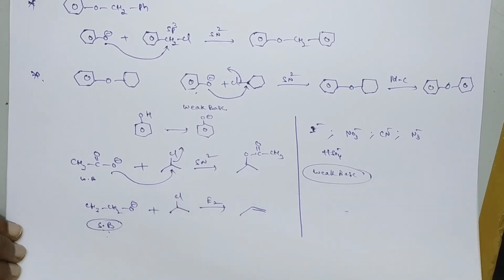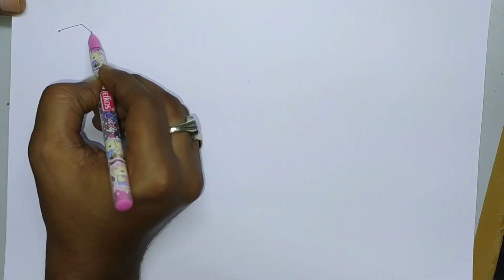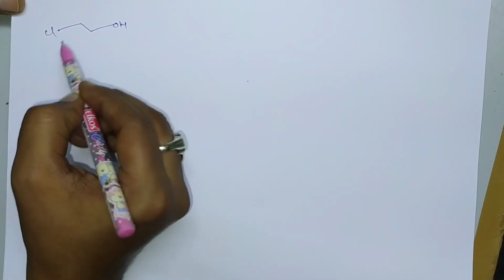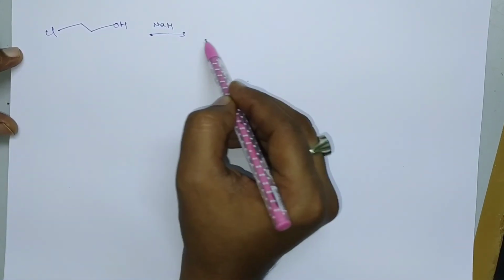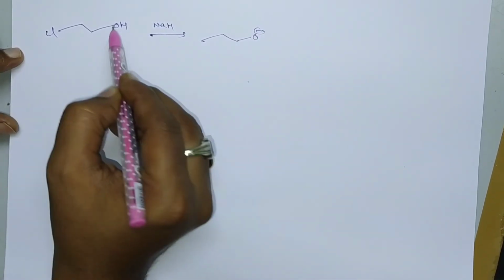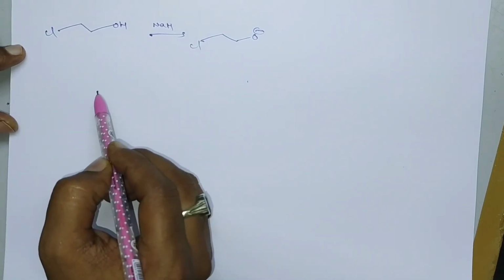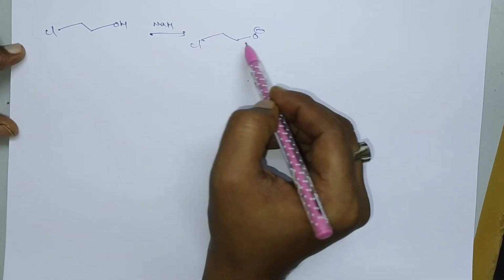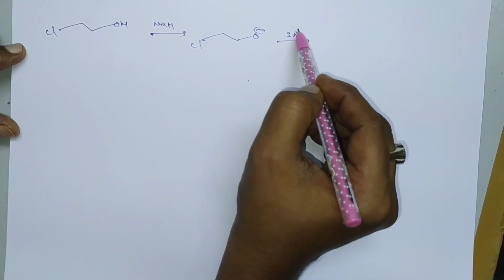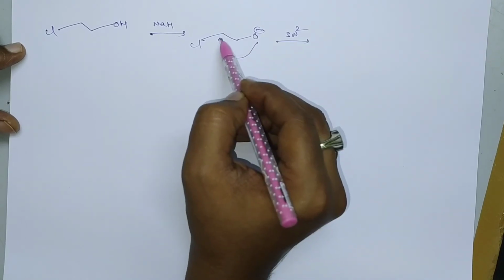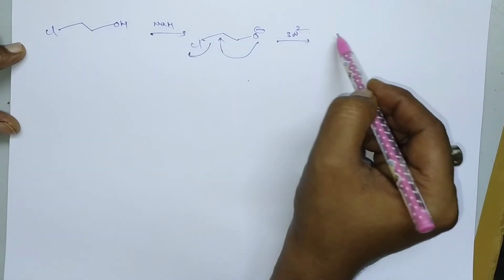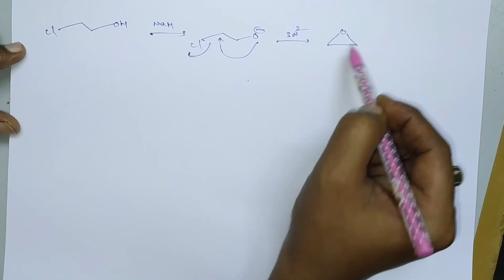And now let us move on to the preparation of cyclic ethers. So cyclic ethers can also be prepared by using this Williamson synthesis. Let us consider a molecule like this. This reacts with sodium hydride to produce an alkoxide ion like this, O-, and the halogen is here. So now here it involves an SN2 reaction, that is, an intramolecular SN2 reaction. By attack of this nucleophile, this chlorine will leave. So here an intramolecular SN2 reaction takes place.